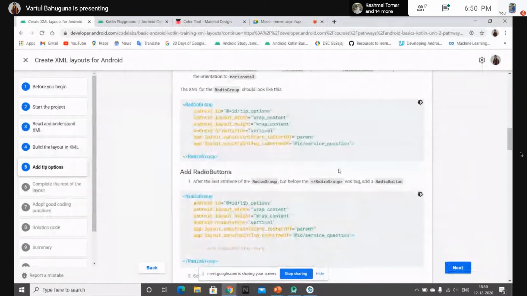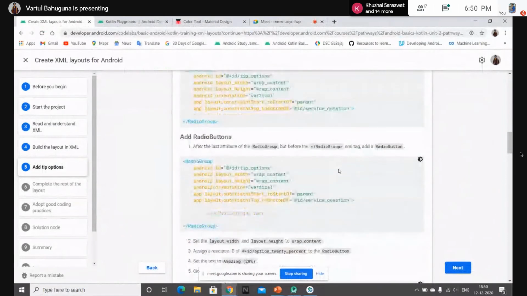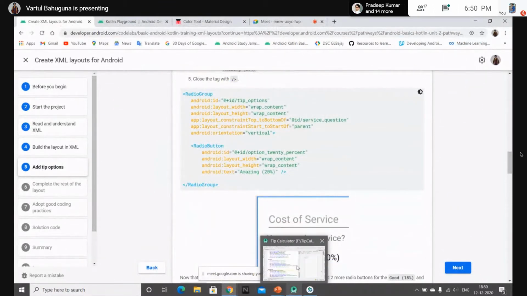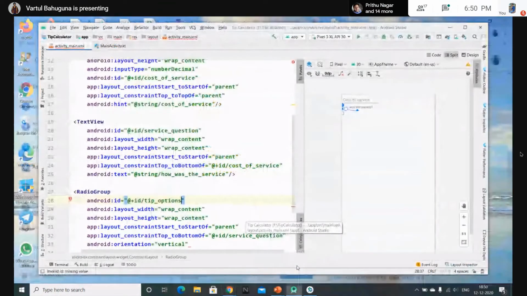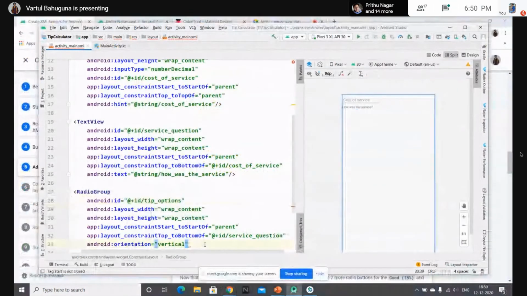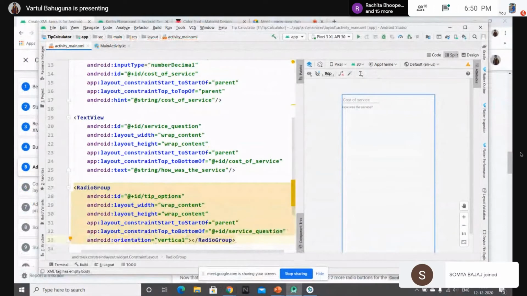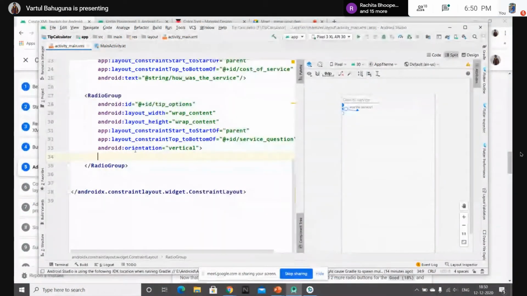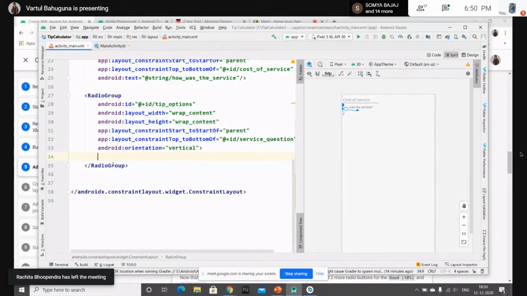Now that we have added the radio group, we can add the radio buttons under it in this group, and that we can add by using the radio group widget or the view. Since we will be adding the buttons in between the radio group, you need to have a closing tag for it.